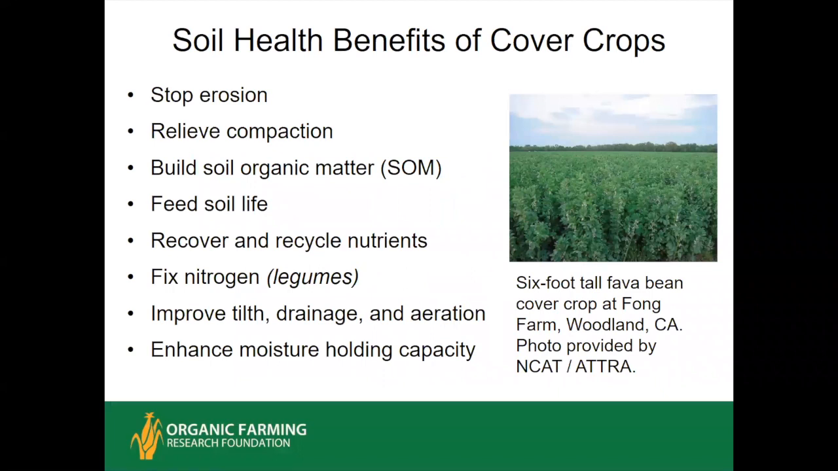So we all know what the soil health benefits of cover crops are. An example is this nice tall crop of fava beans growing in Woodland, California. You can see the biomass there, and the tremendous amount of nitrogen being fixed and returned to the soil. Of course, a cover crop like that will pretty much stop erosion unless you have really extreme weather. Good at relieving compaction, of course, building organic matter, feeding the soil biota, and recovering nutrients, in this case, fixing